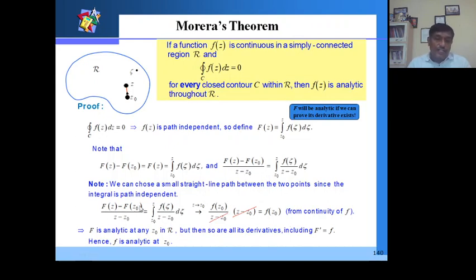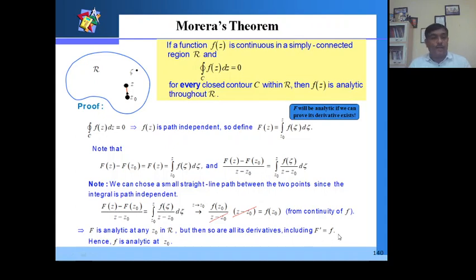This is the definition, because the limit of delta z tending to z naught makes this function a derivative. Derivative means that at each and every point the derivative exists, which means it is an analytic function. Therefore, this F is analytic at z naught in R, but then so are all its derivatives,